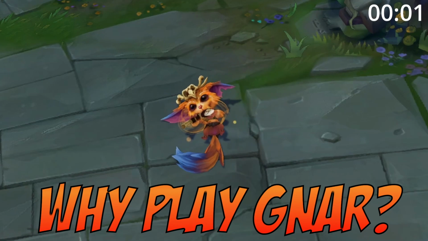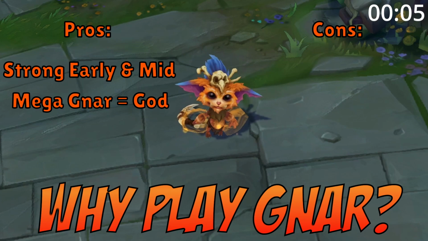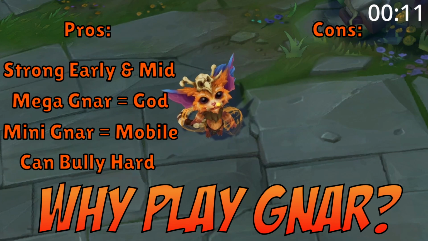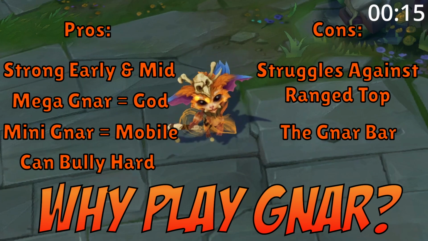Why play Gnar top? Well, he is incredibly strong both early and mid-game. Mega Gnar has ridiculously high stats and huge amounts of AoE damage and lockdown. Mini Gnar is incredibly mobile, and you're able to bully many standard top laners. However, due to his short range, he can struggle against other ranged top laners, and managing the Gnar bar is